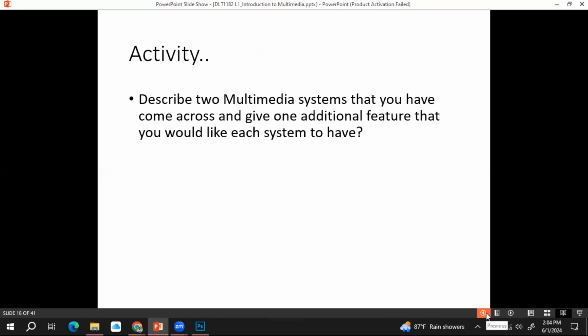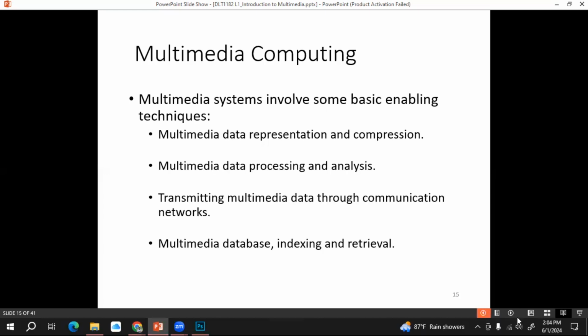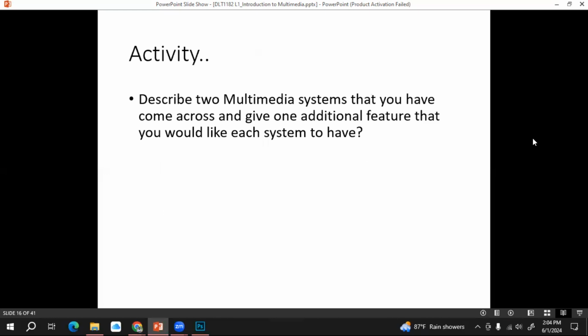Then we have an activity, right? After discussing the remaining slides, I will assign you to do this one within around 20 minutes. It's not much, but it should be enough to do this within 20 minutes, right? I will share a Google form with you because I don't have any access to the LMS for this course yet. Therefore, I will share a Google form with you. Then you can answer this question.